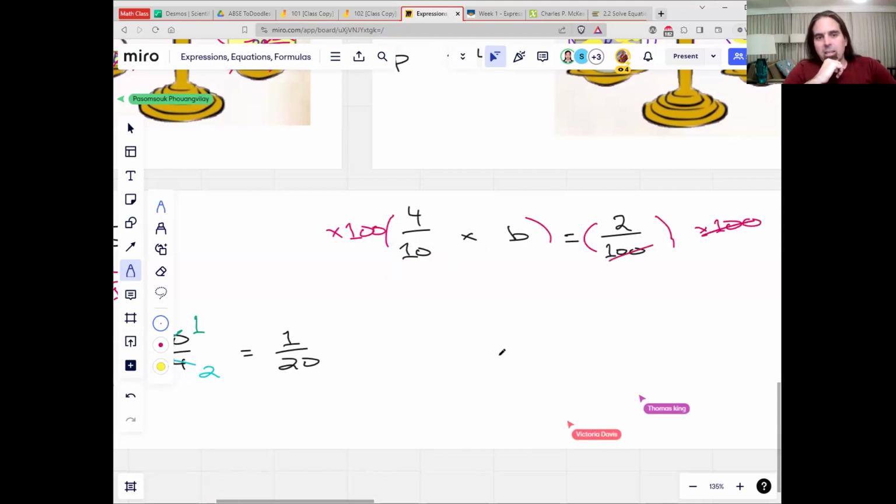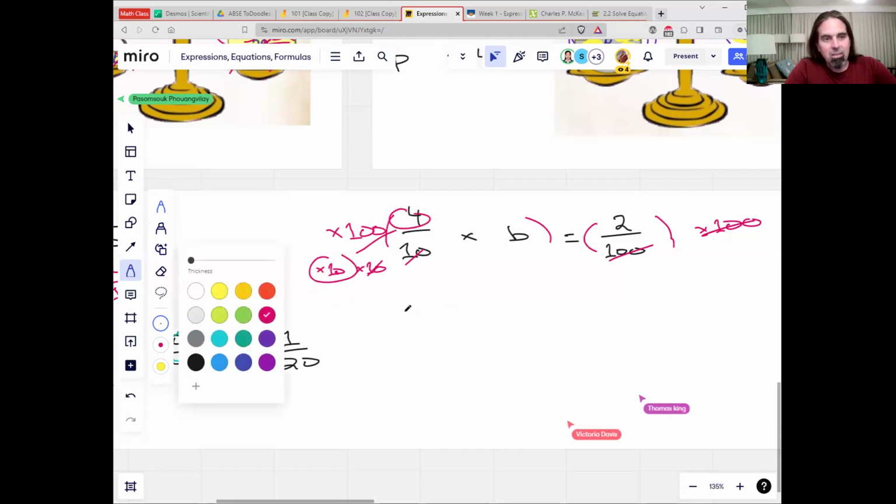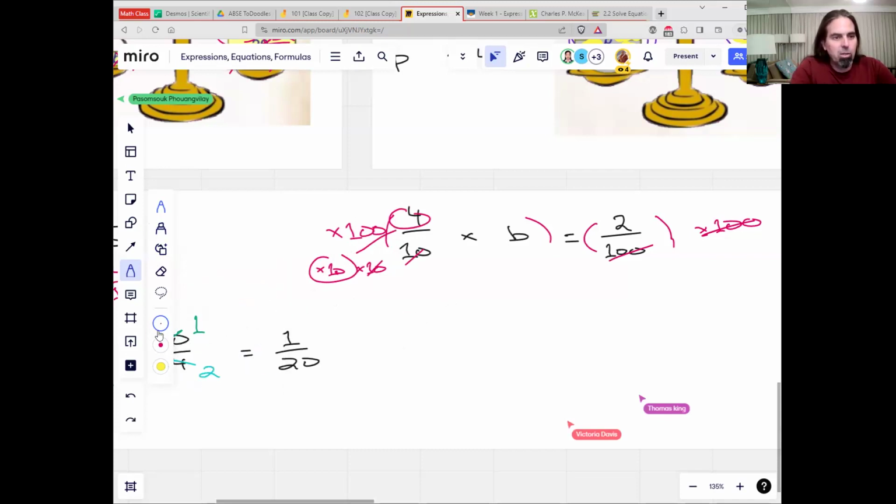Then not only will that cancel out nicely, but here, the times 100, 10 of it will cancel out with this 10, and the other 10 will turn the 4 into a 40. Because a times 100 is just a times 10 and a times 10. So then I can get 40 times b equals 2. Now when I get b by itself,